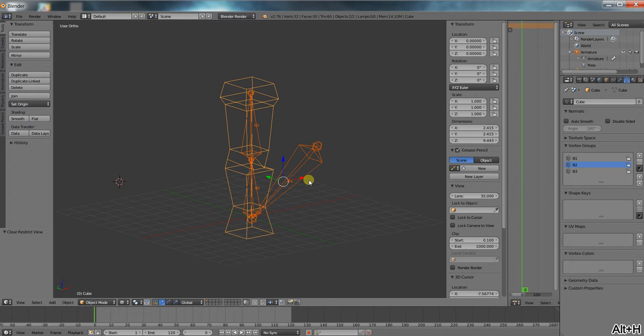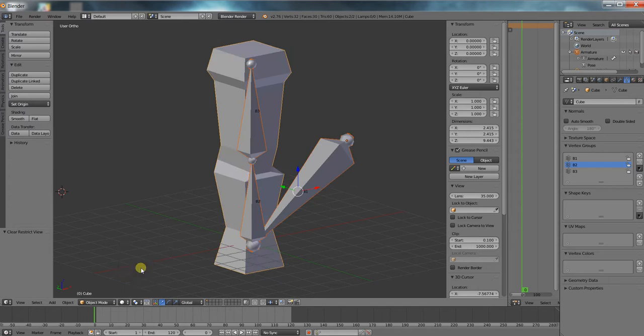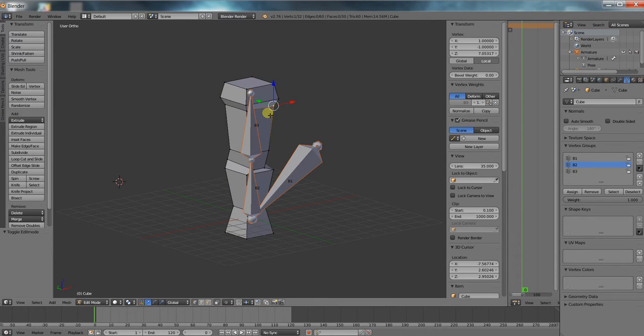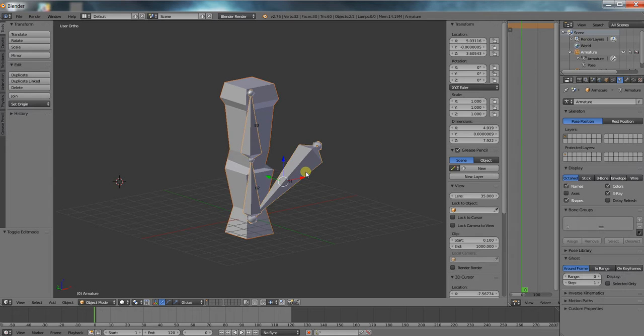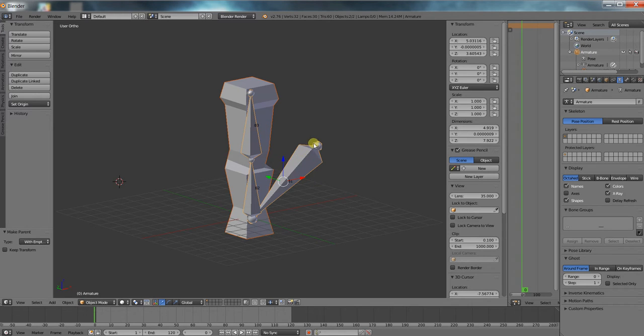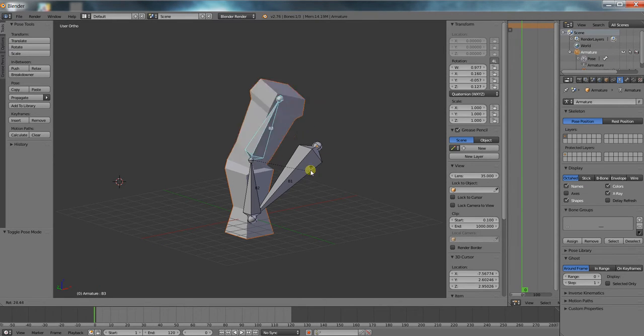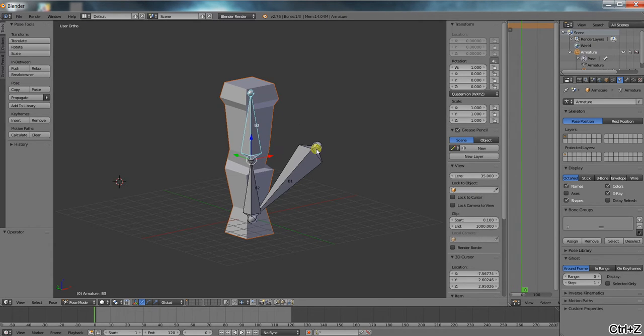Solid. Now if I were to parent this object to that object, Control P, here I would say with envelope weights, I think it's with empty groups. There we go. So now that this is parented with empty groups, if I were to click on the armature with pose, now it's exactly those vertices that will be attached here. And this is good because you can make a simple character object like this, and then later if you decide to